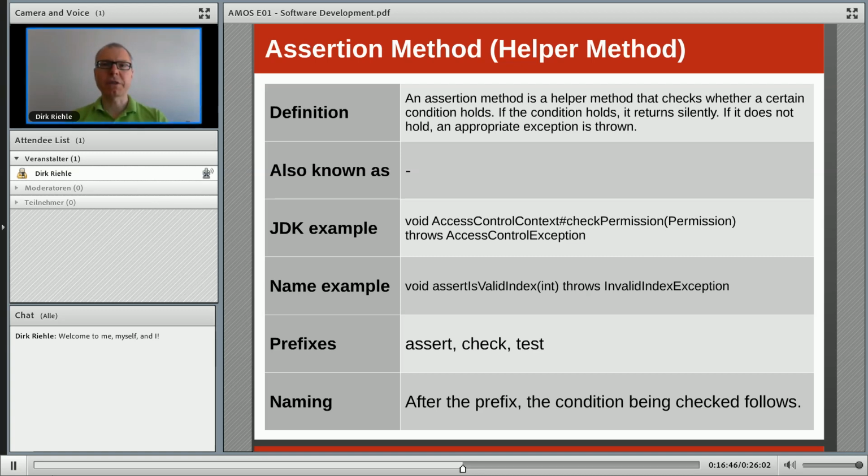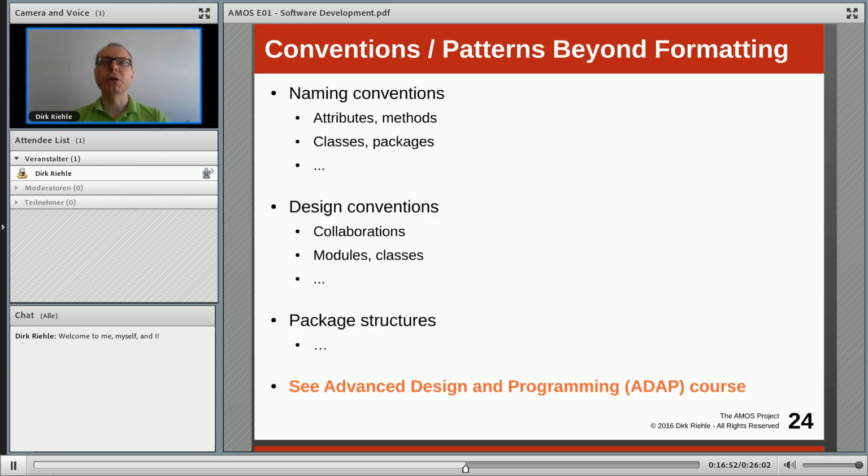So there are lots of these method patterns, method naming conventions that come with it. And really the expert programmer knows a lot of them, going all the way from how to name your fields in a class, how to name your methods, how to implement them, how to name classes, how to name packages, how to structure packages, etc., etc.